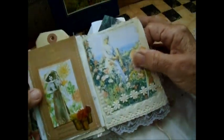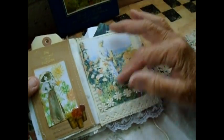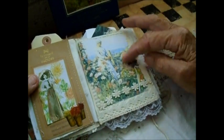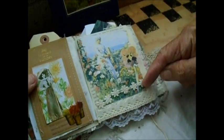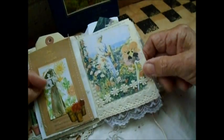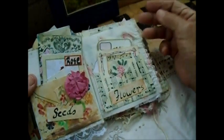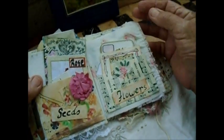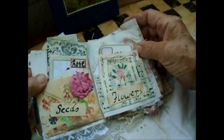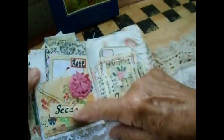Here's her image. We had challenges throughout, and one of the challenges was to do something with this watercolor, and so I added one of my painted pansies and some lace trims. That was my part of the challenge. On this side we tried to incorporate things like wooden lighthouses, seed packets, all that kind of thing that would pertain to her story. And so this is a seed packet,